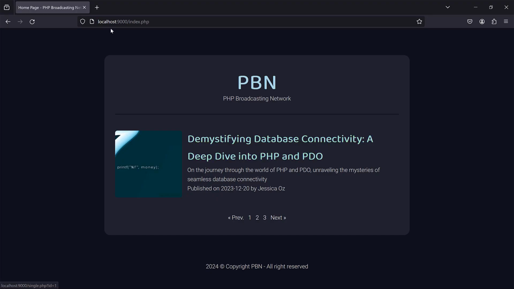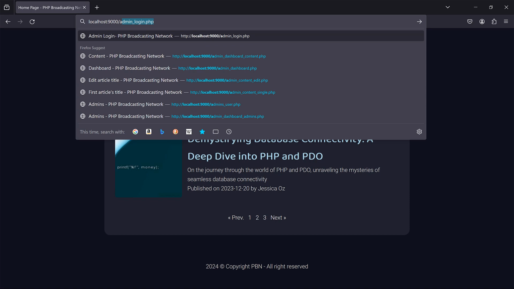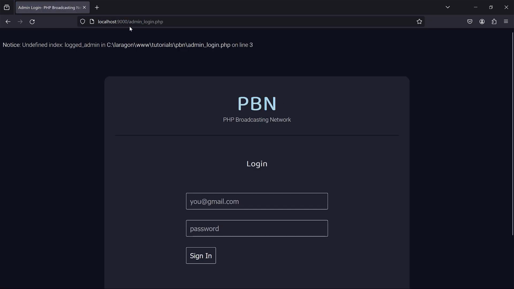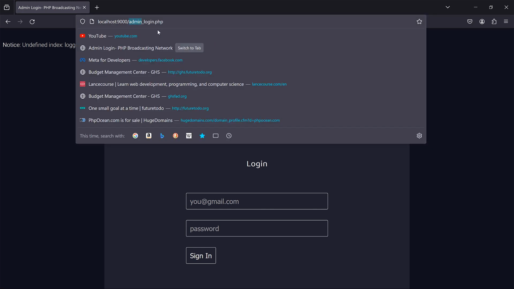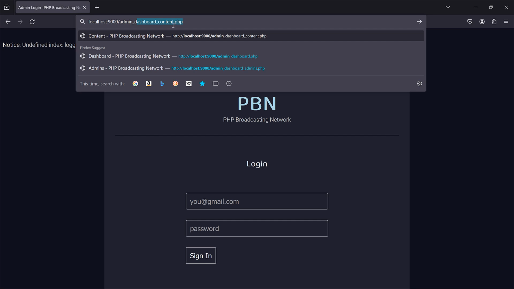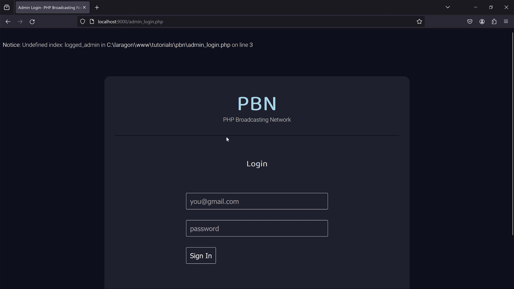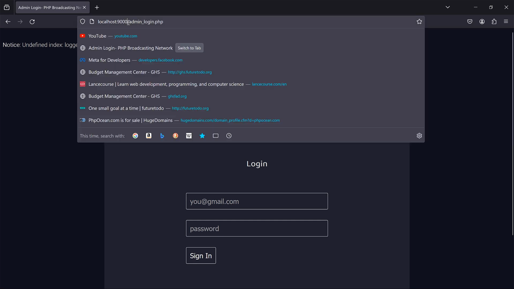So to do that, let's go ahead and go into our administrative interface. If you remember very well, our administrative interface is available at admin-dashboard.php, which is here. Right now, when I click on that link, pay attention to what happens. So I'm clicking on it, and you can see it automatically redirects me back to